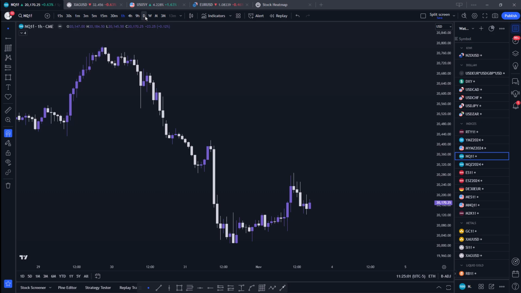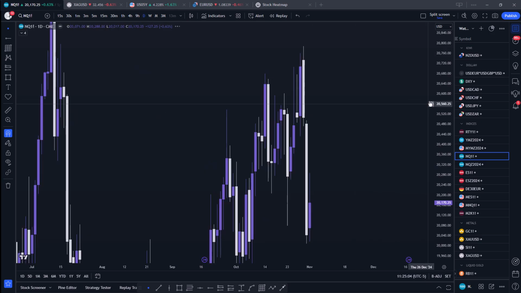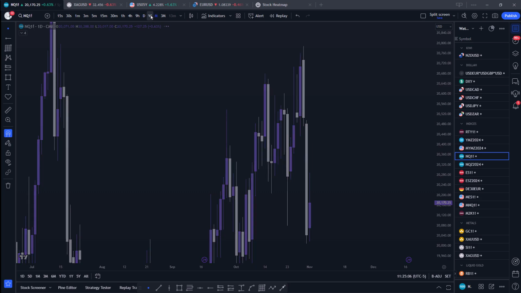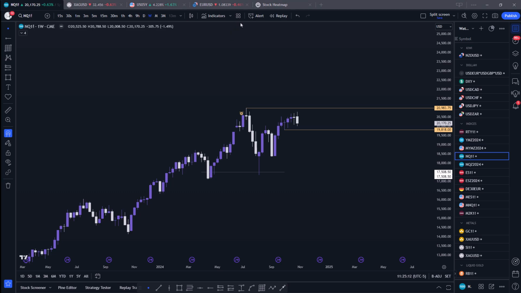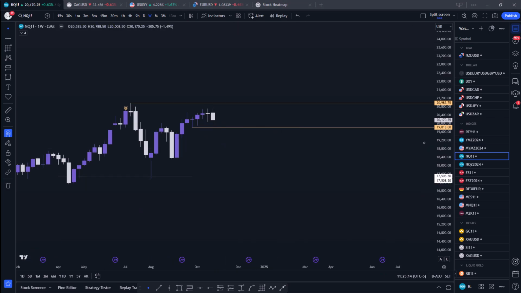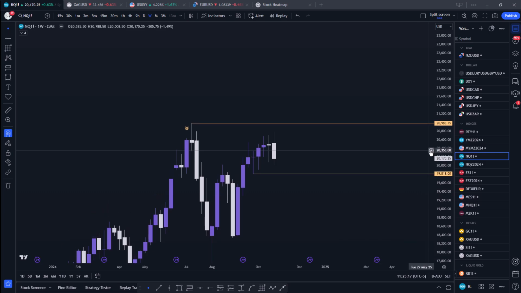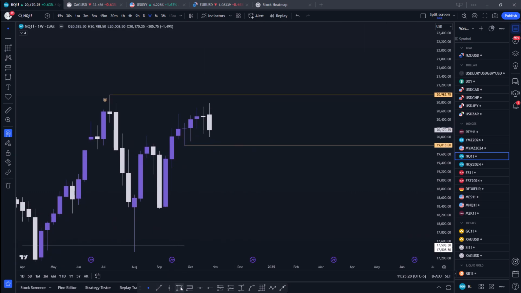Starting off with the NASDAQ chart, we will jump straight to the daily time frame. On the daily and even the higher time frames like the weekly and monthly, we can see that we were expecting a push up to the upside, a continuation to the upside, using this weekly fair value gap residing over here, right? And price did push up, but we can see we kept on taking a high, taking a high, taking a high, and now we are having a strong bearish closure with the previous weekly candle. So I'm expecting this next weekly low to be the draw on liquidity.